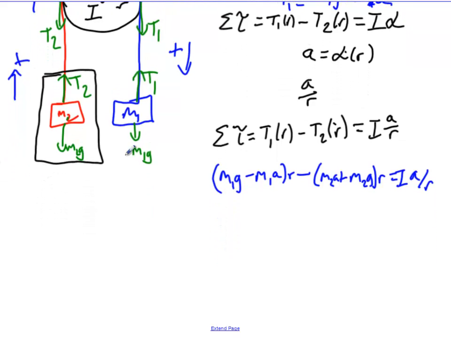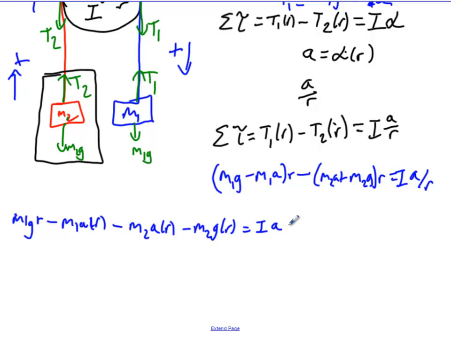Okay, now what? Well, let's go ahead and start doing some simplification. Okay, M1G times R, so I'm distributing that R, minus M1A times R, minus M2A times R, minus M2G times R. So I've basically distributed this negative over here and distributed the R everywhere, equals I times the angular acceleration